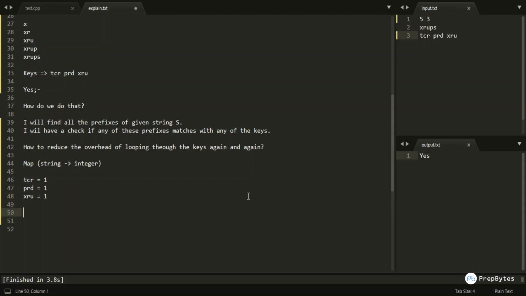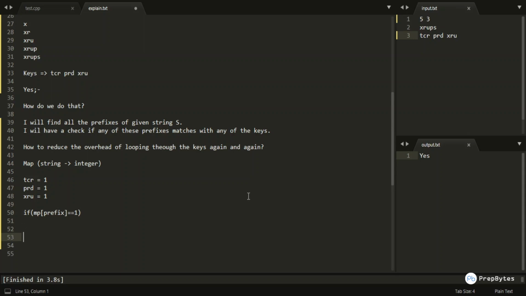And now, for each and every prefix of my given string s, I will check if MP of that particular prefix equals 1 or not. If it equals 1, then I will simply set the flag variable as true and break the loop over here.